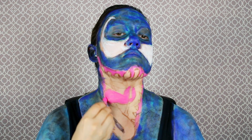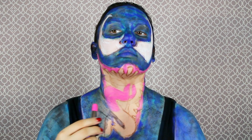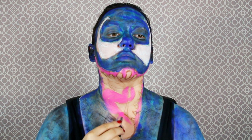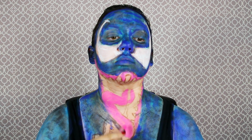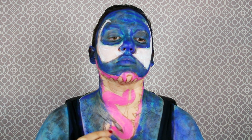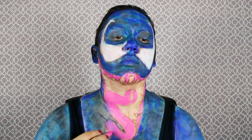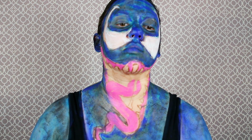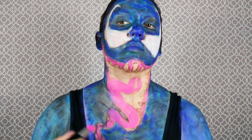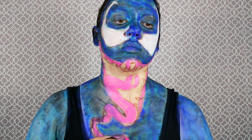If you don't want to use the actual lipstick bullet, it's called the bullet of the lipstick, to paint this color on everywhere, I would get a lip brush or any type of paintbrush to use with the lipstick color, because you can get more precise without mixing the color of your pink lipstick with the blue paint that we did on, because even though it dried, girl, it could still mess up. Pepto-Bismol pink is the perfect color choice for this. Glide it down your chest in a snake-like formation, that sounds really weird,